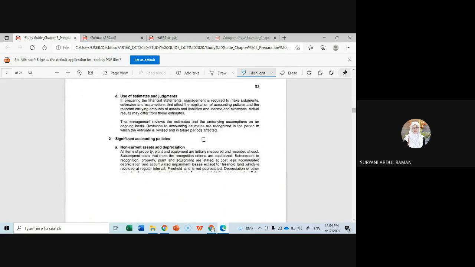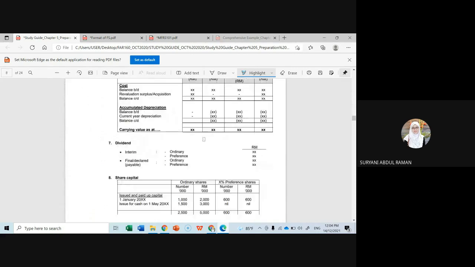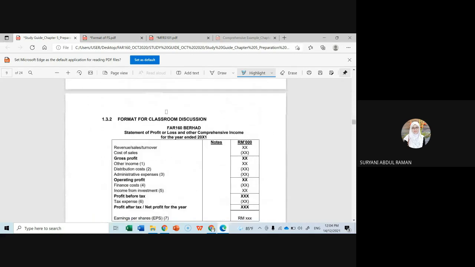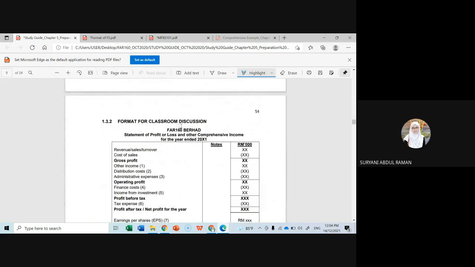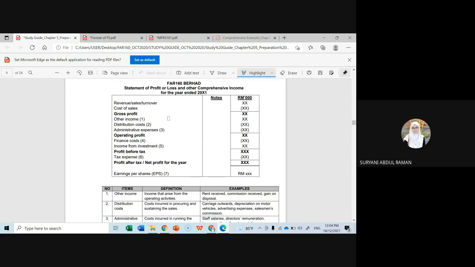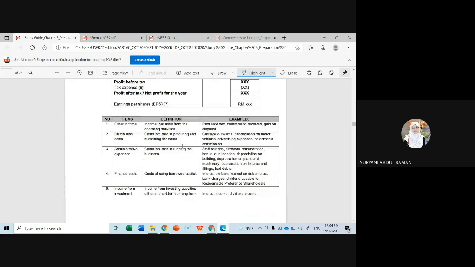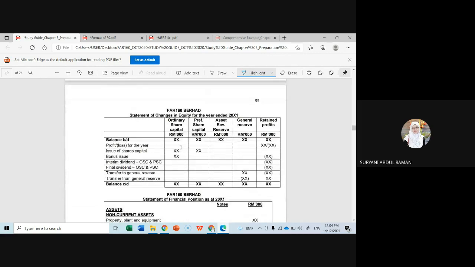And then another format is the one used for our classroom base. So for the FAR 160 classroom, we will use the second one. It's actually extracted from the comprehensive format, but since our syllabus does not cover all of the items, I have extracted the important ones. So these are the formats that we will use for our